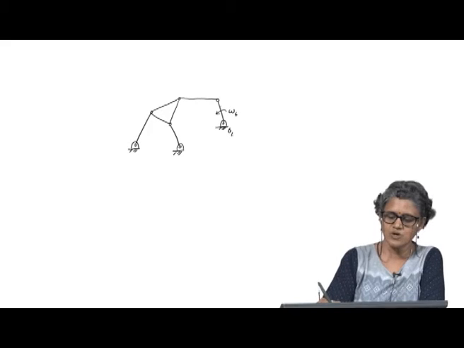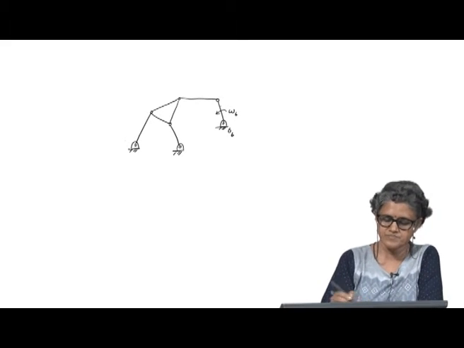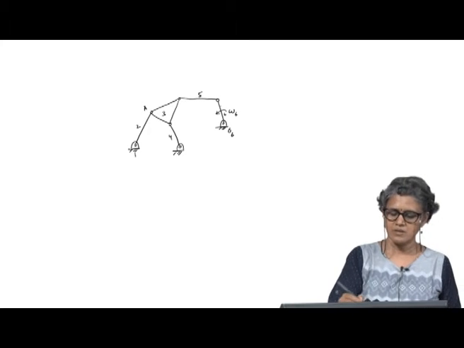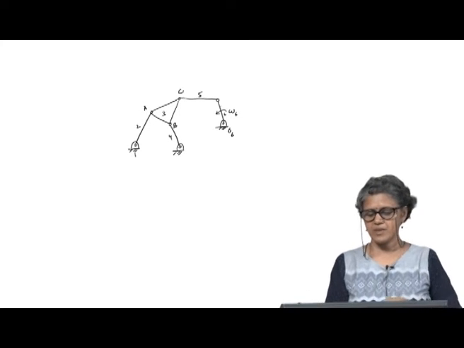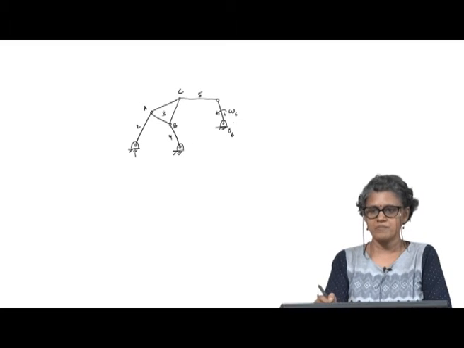I am telling you I can't solve this by the method that I used earlier, because let me see 1, 2, 3, 4, 5 and 6, okay. So, A, B, C. If I look at this loop, this particular loop, the coupler is not attached to any link that is part of the frame,